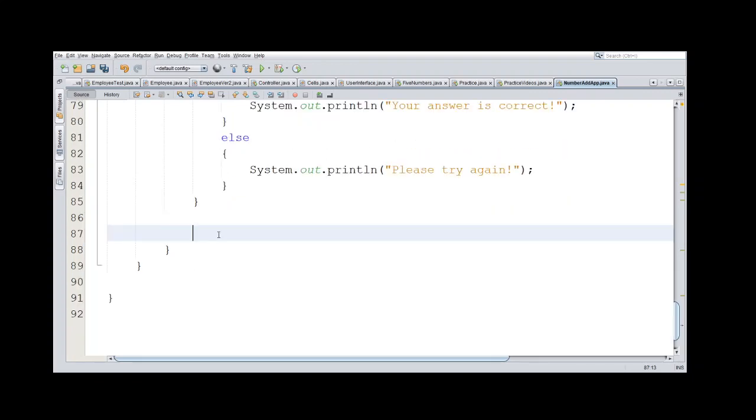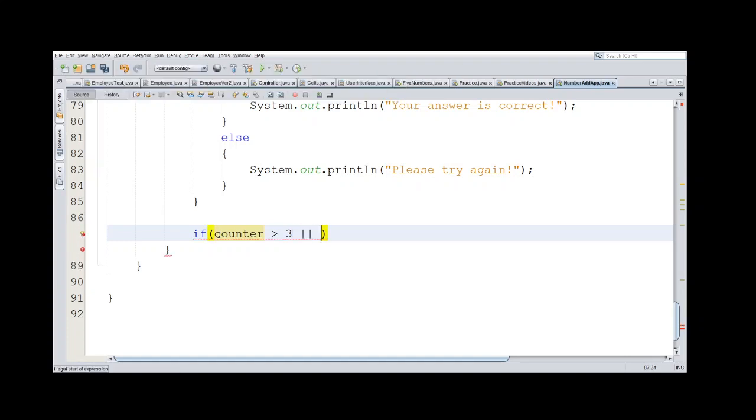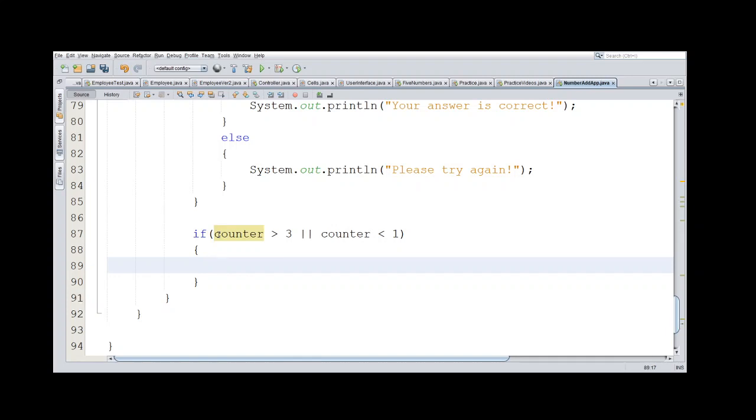So what if the user pushes anything other than 3, right? So if counter is greater than 3, so if they push in 4 or above, or, so this is going to be the pipes. You're going to want to find the pipes right above your enter button. Where it is on Mac, I don't know, sorry. But give it a look, I'm sure you guys will find it. And if counter is less than 1, so if they hit 0, -1, anything below 1, we don't want the program to run. So what we want to tell them is